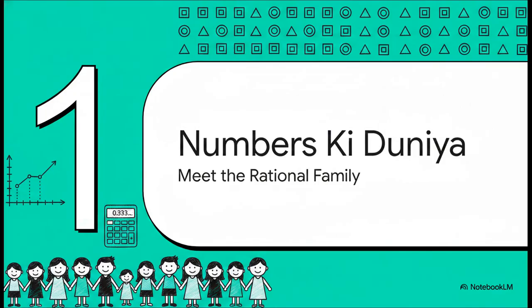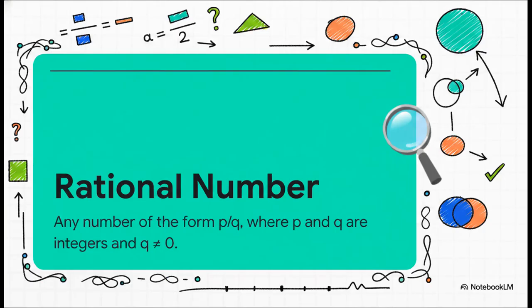So first up, let's get to know the rational family. These are kind of the well-behaved, predictable guys. They're orderly, they follow a set of rules, and you always know what to expect from them. And their main rule, their golden rule, is super simple. Any number that you can write as a fraction, p by q, that's a rational number. The only catch? The denominator, the q at the bottom, can't be 0. That's it. As long as you can put it in that p over q form, it's part of the rational